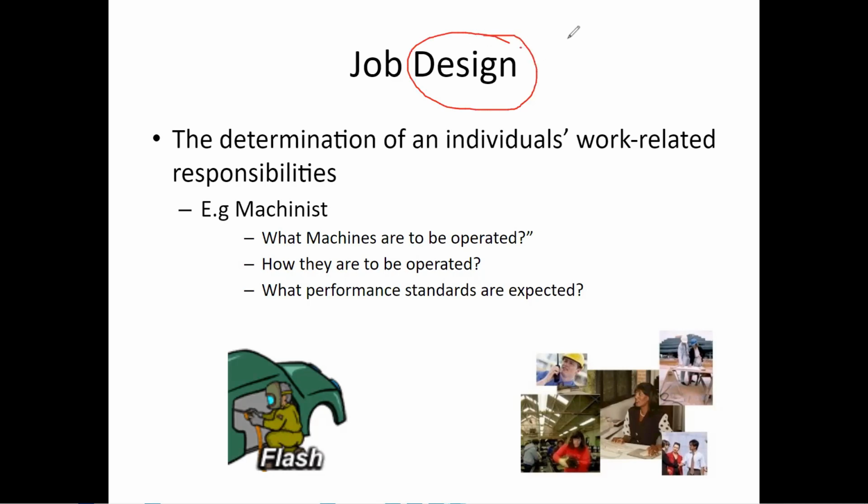deciding activities. What activities to do. For example, lecturer jobs. Take simply a lecturer's job. In the lecturer's job, you have to decide what activities he or she needs to do,